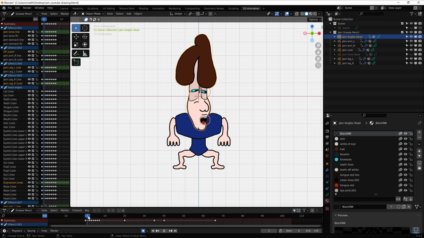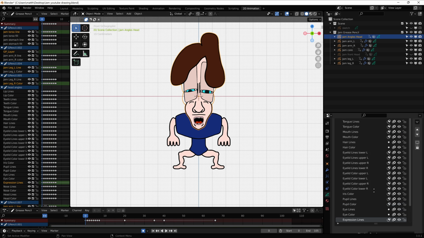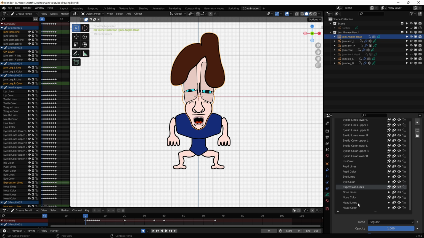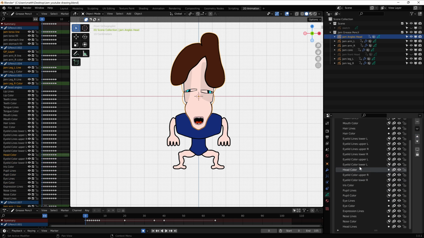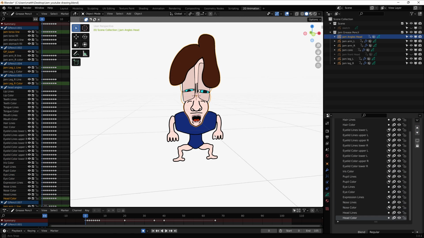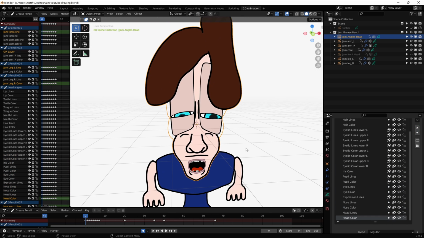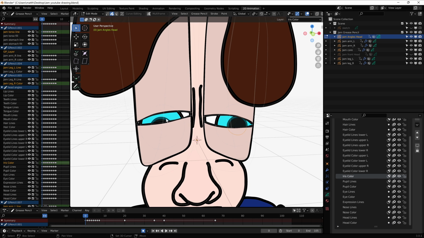It has a couple of different heads, which I'm going to explain why. You can see the different angles moving in the timeline in grease pencil object mode. You can see the different layers for the drawing there on the side panel that I scrubbed through, and that's how you basically make it. You create all these layers for drawings, and then you have separate grease pencil objects that you can move around